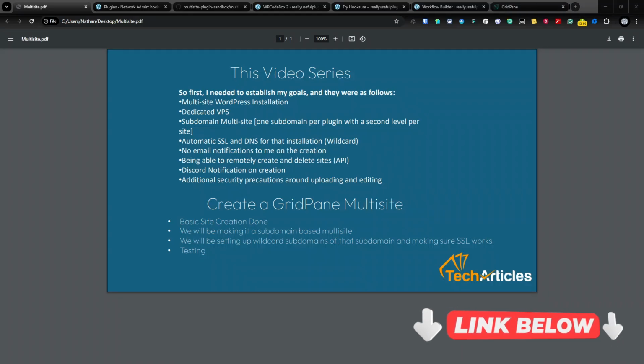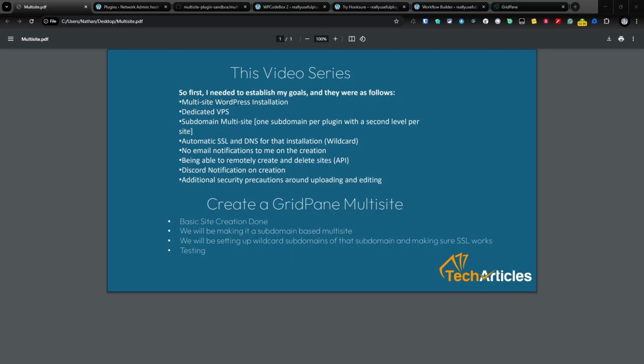In this second part to our new multi-site Sandbox project, we are going to begin working on the tail end of this. When I started recording video one, I wasn't sure whether this was going to be a 2 or a 3-parter. I think I've cracked it, so it's probably going to be a 2-parter. So the first thing we're going to do is set up our Hookshaw base setup,